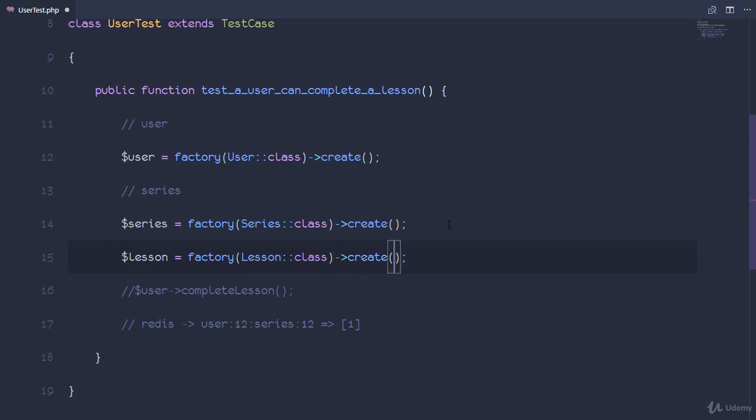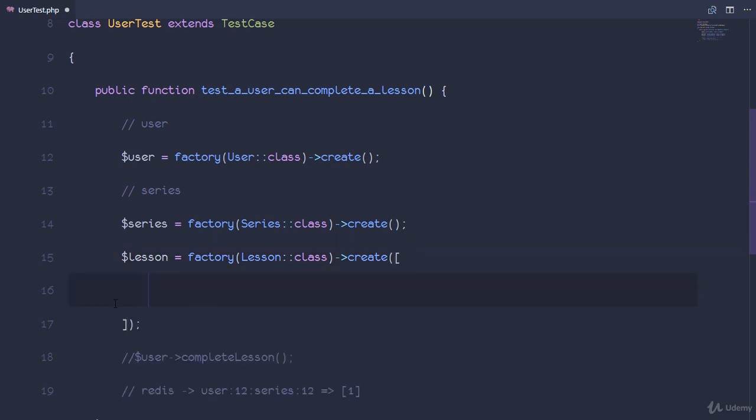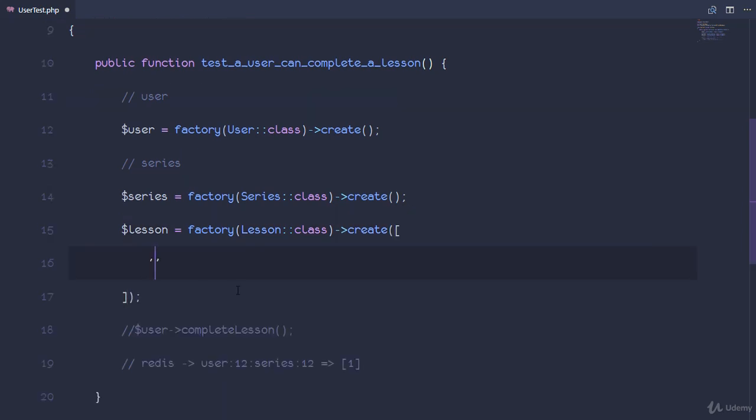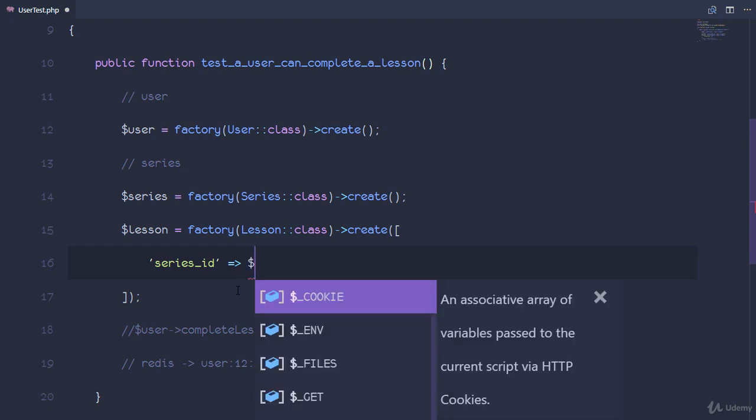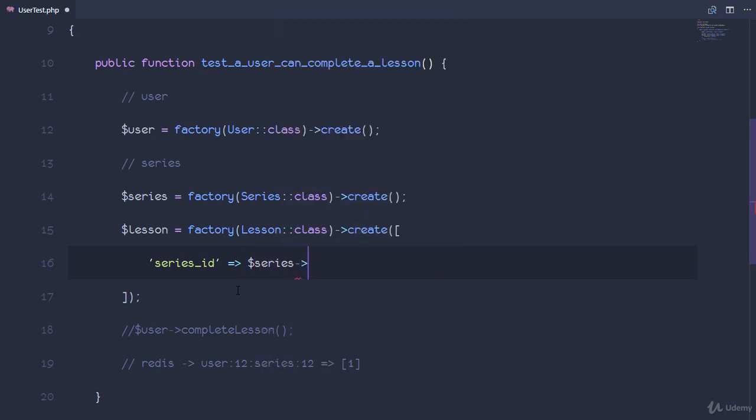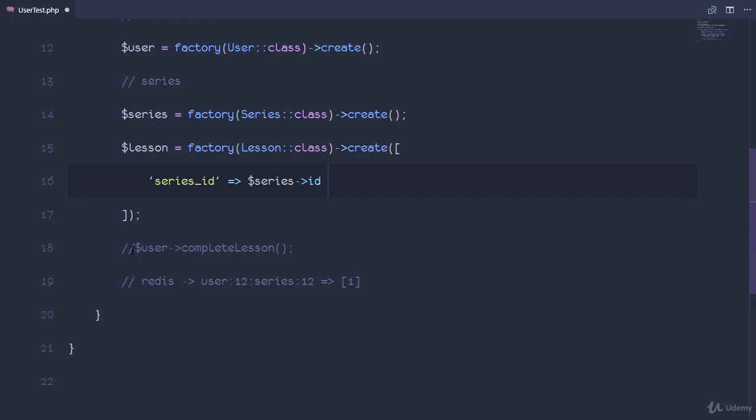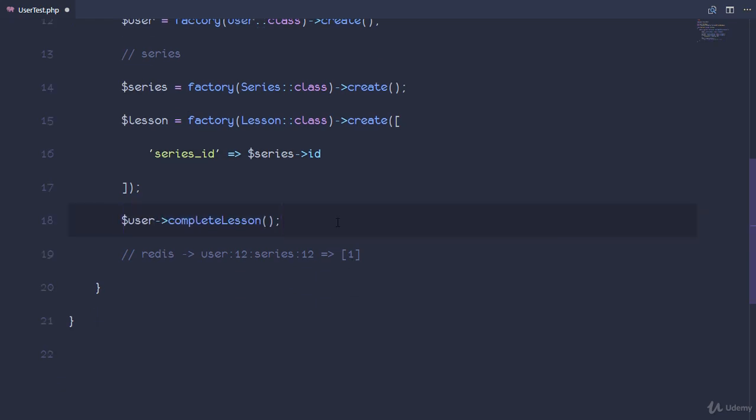And for testing purposes, let's make sure that this lesson actually belongs to this series by overwriting the series ID field from our factory and making sure that it puts in our own ID, which will be the series that we just created right here. Okay, then we would call our user completeLesson method, and for our assertion, we would say this assert equals